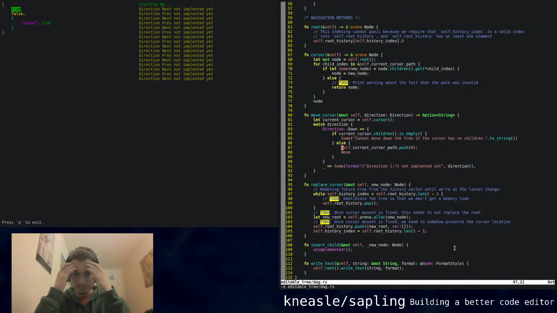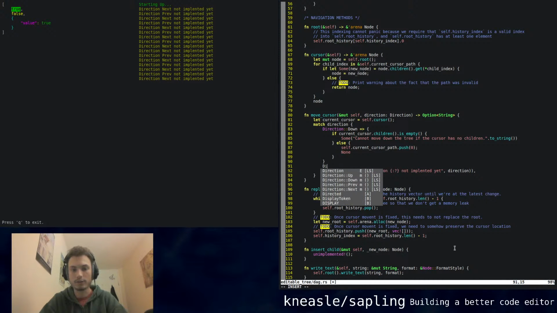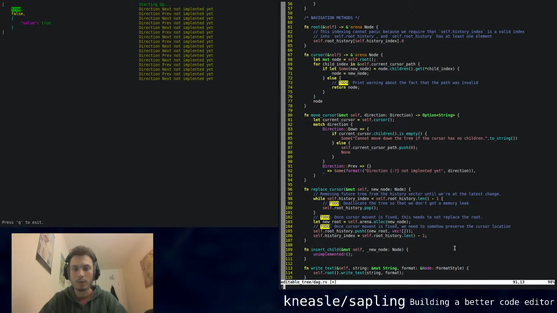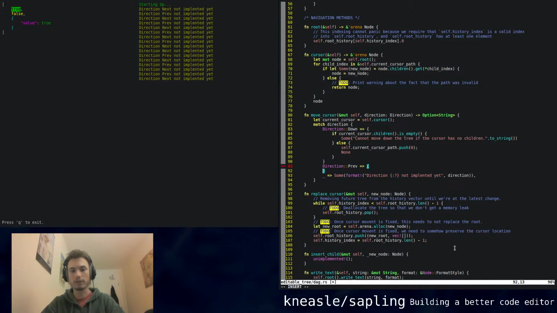I'm not quite sure how to do this because when we're setting this up, we need to know, in fact, let's just do direction previous. What we're going to have to figure out is